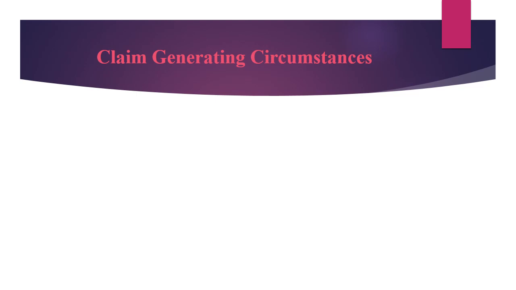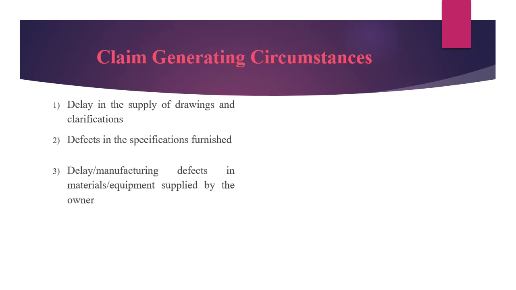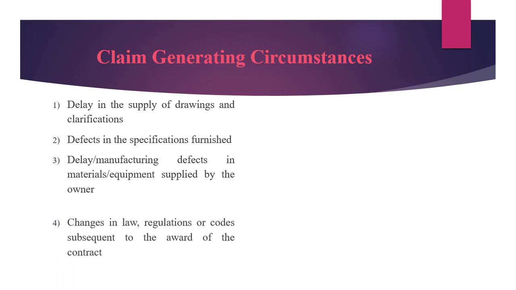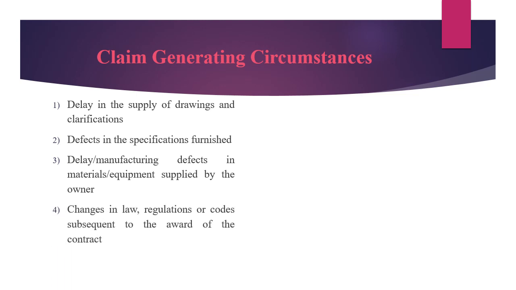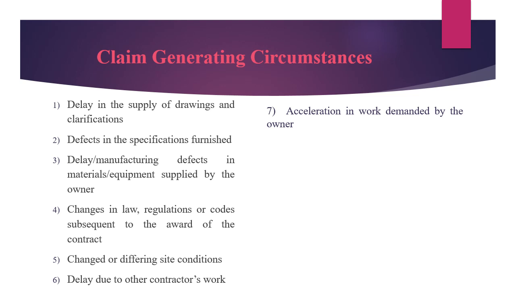Next are the claim generating circumstances. There are generally certain circumstances which result in claims, which include delay in supply of drawings and clarifications, defects in specifications furnished, delay or manufacturing defects in materials and equipment supplied by the owner, changes in law, regulations or codes subsequent to the award of the contract, changed or differing site conditions, delay due to other contractors' work, acceleration in work demanded by the owner, defects in the contract agreement,